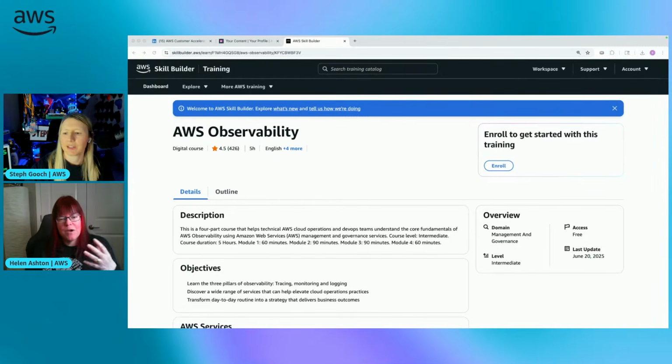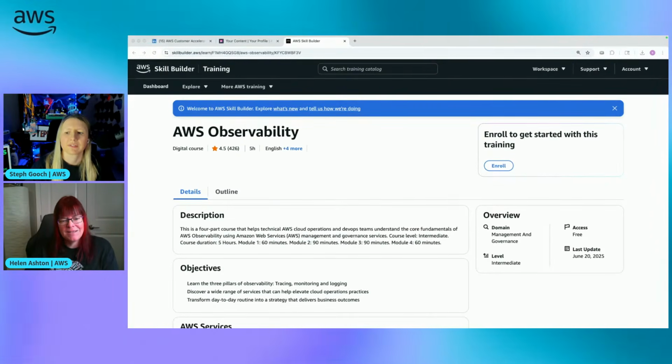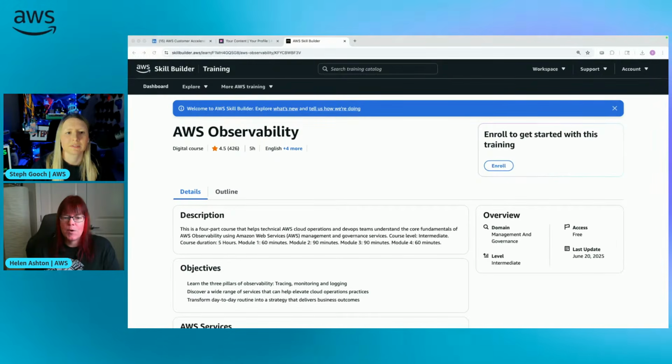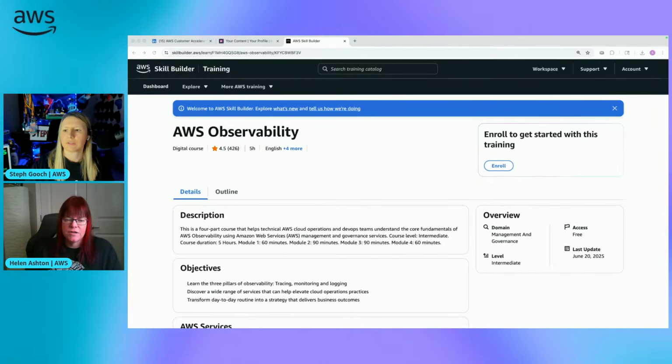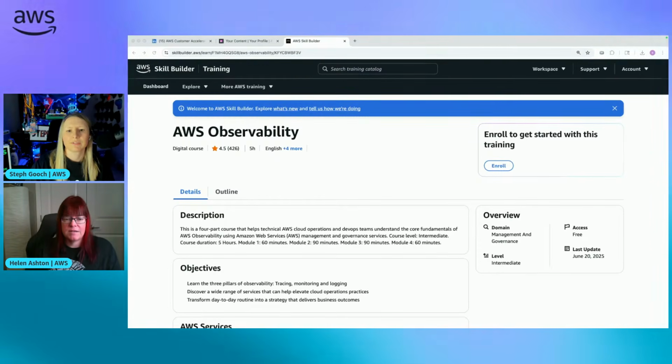But in general, I would go back to what we talked about right at the beginning. You cannot make decisions on what you cannot see, whether that's cost decisions, bottlenecks, design decisions, or fixing issues. So start where you're feeling the pain. Start where you think the data can help add value and either save you time or improve your processes.